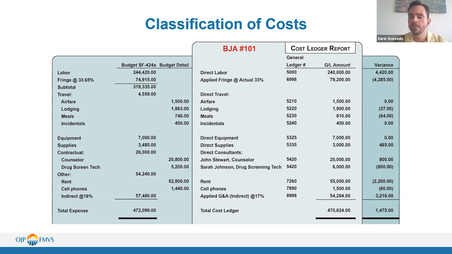If not, these funds are going to have to come back to the federal agency that gave you the money, right? And we don't want this. At DOJ, at OJP, we want you to use all the money. So keep track of it so that you have enough time to reallocate if necessary.